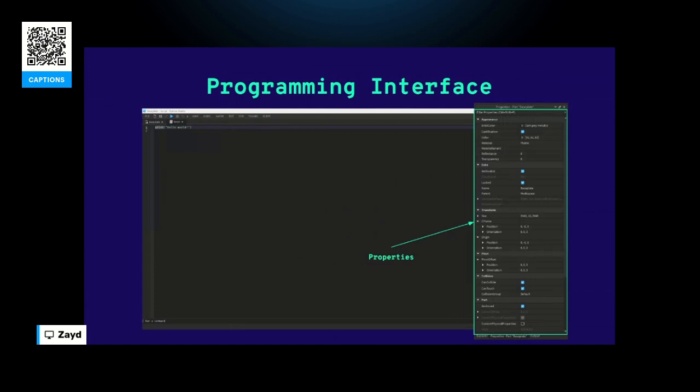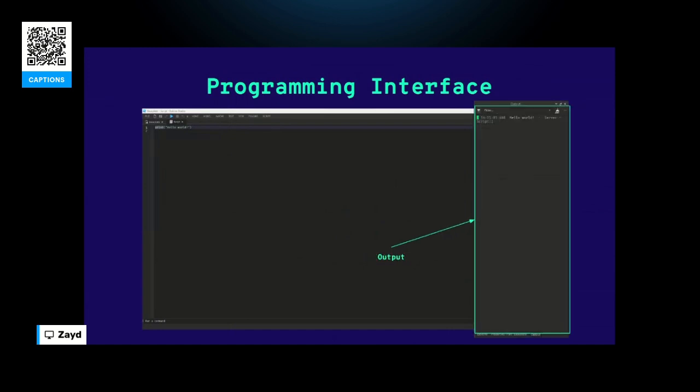Next, we have the Properties. This is where you can edit properties such as color, position, rotation, etc., manually or through code. A lot of people like to refer to these, especially when you're working with visual effects or different things that you want being done to specific objects. Next, we have the Output. This is where you'll see all of your warnings, your print statements that you might write down, and errors.